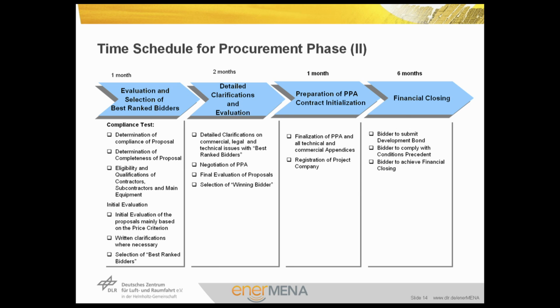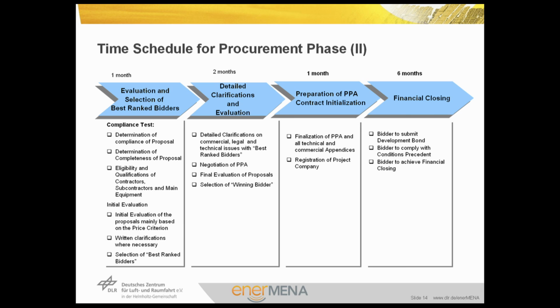So during a month, initial bid evaluation will be finalized and written clarifications will be sent out to the bidders, typically after 10 days, addressing major concerns, deviation from standard tender documents, and other issues. Then, a meeting for clarification will take place prior to ranking of proposals. The detailed clarification and evaluation stage commences right after this, as client's board of managers decides to go along with